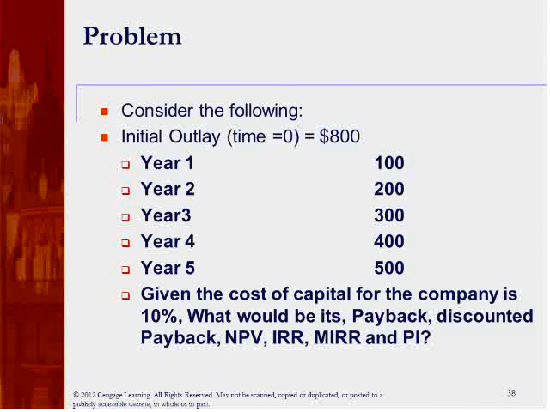So I want you all to work just this one problem. Please go ahead and try this one problem. Initial investment of -800, cash flows of 100, 200, 300, 400, 500 in the first 5 years. Given the cost of capital of 10%, I want you to tell me what payback is, what discounted payback is, NPV, IRR, MIRR, and profitability index. Please take a crack at them. Go ahead, do it.